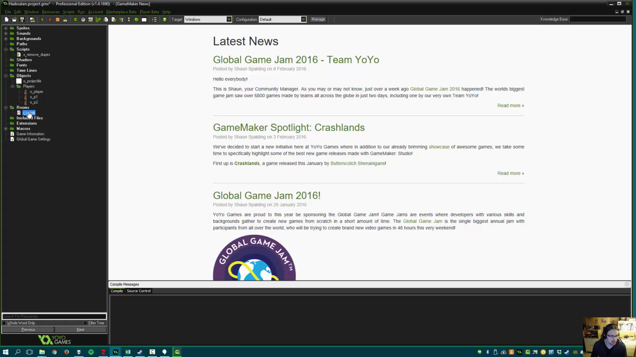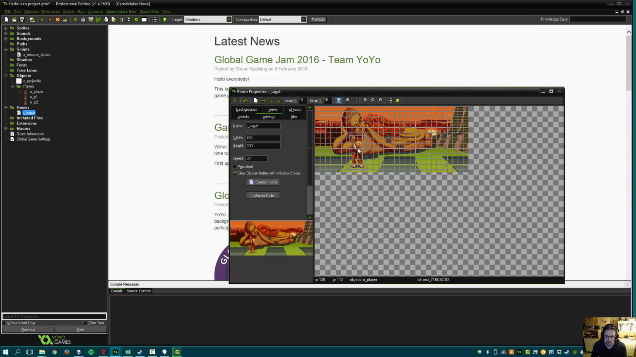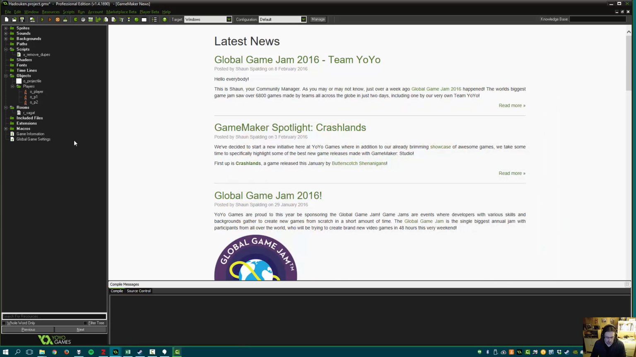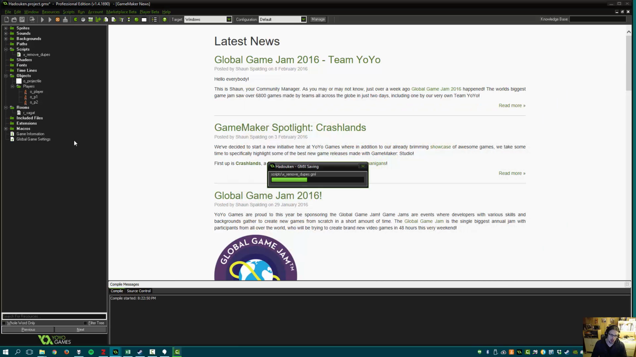Now in the room we still have our parent object OPlayer, so we don't need him anymore. Just get rid of him. Then we're going to put OP1 and OP2 in, so we're just putting the children of OPlayer in there. Alright, we got player 1 on the left, player 2 on the right. So if we run the game now,